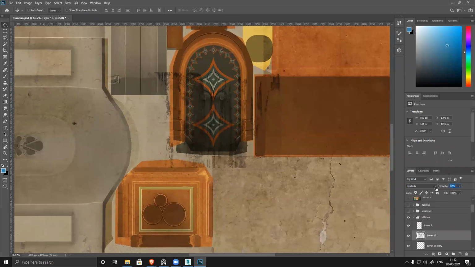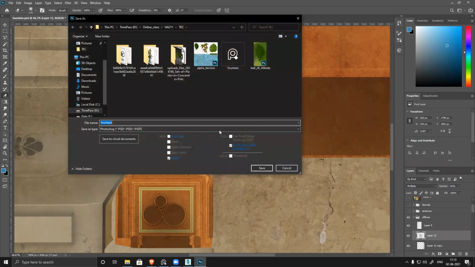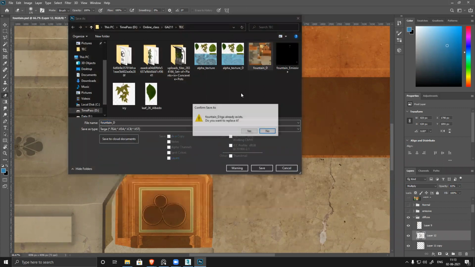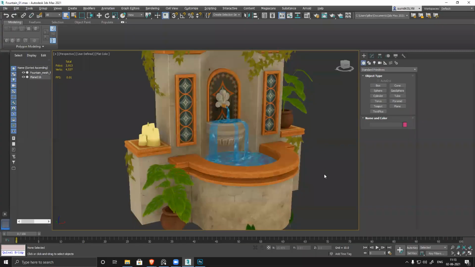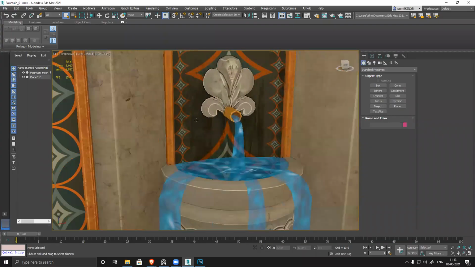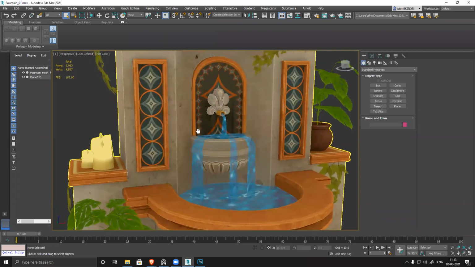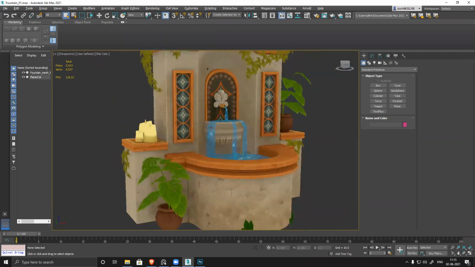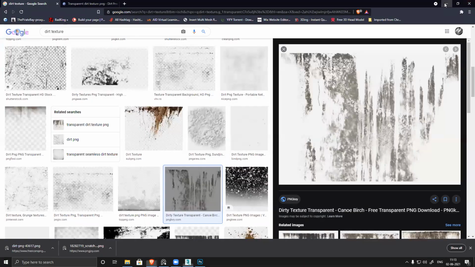So check all the blending modes, whatever works for you, and then use the eraser to remove it from wherever you don't want or need it. You see, you got this dirt here. Similarly, for this part also, if I want to add some dirt, I can definitely add it.